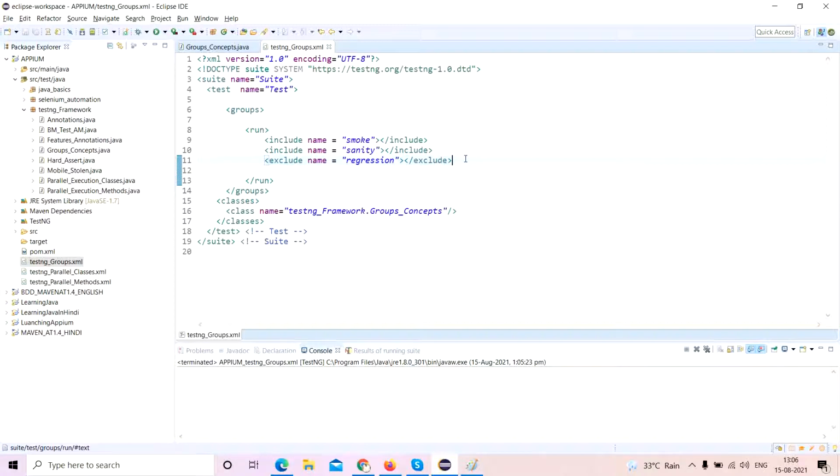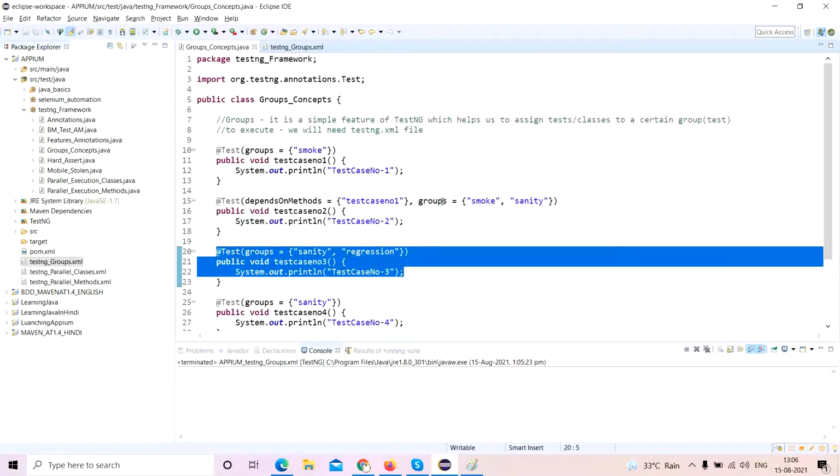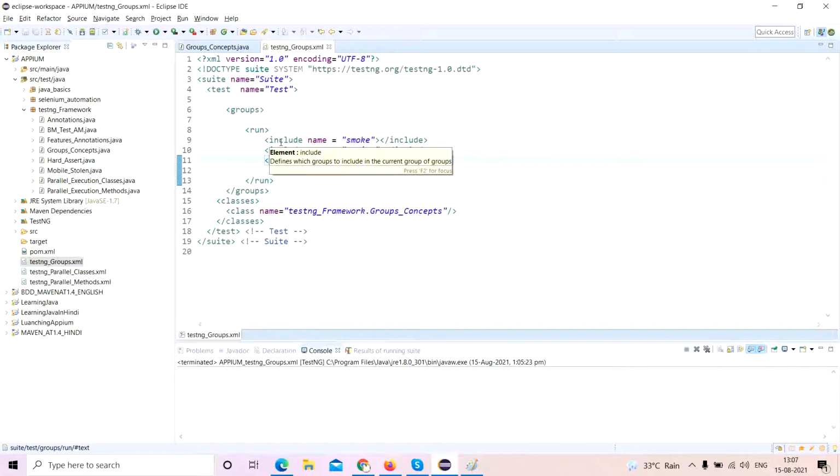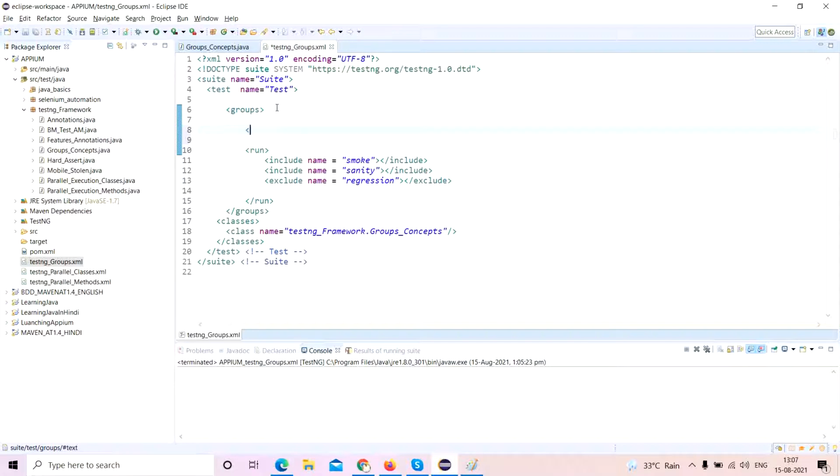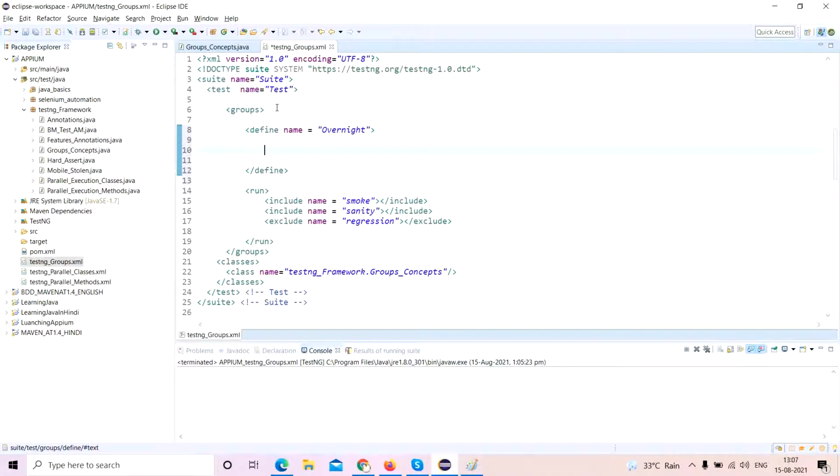What is the next part we want to do? Let's say, for example, you want to add a meta group, or groups inside of groups. So instead of this, you can use something known as the define tag, where you define a certain group. Let's say, for example, you are running your test cases overnight. Late in the night you want to run your test cases, so you want to define a certain group here.